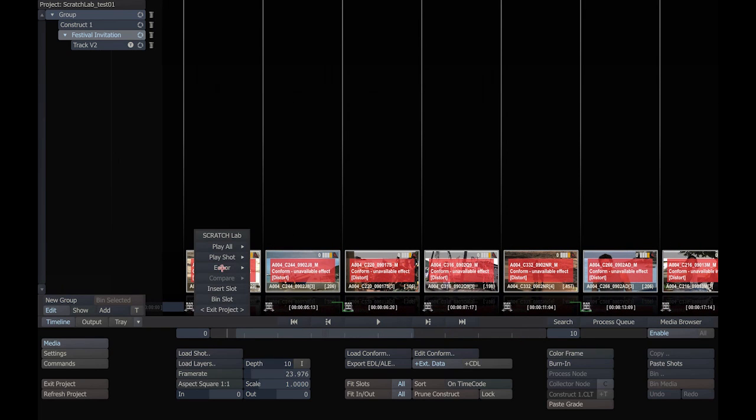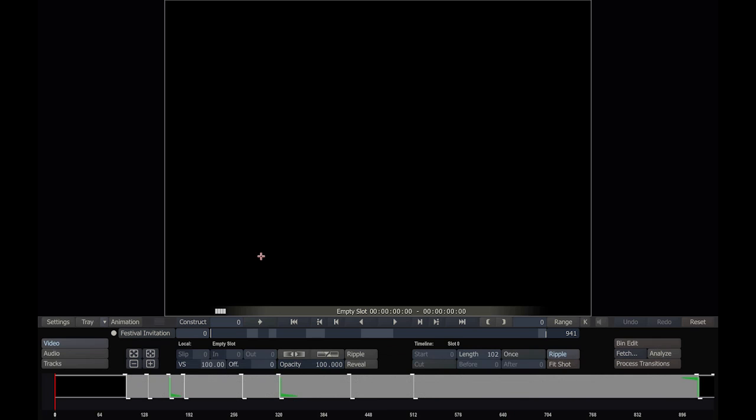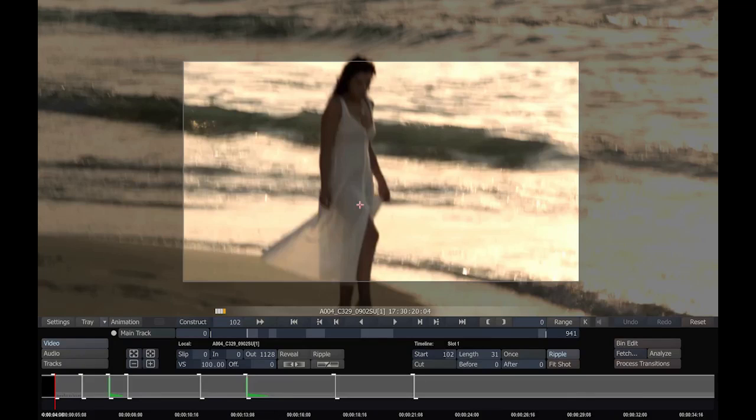And to go into the editor, we can right click and click on Editor, or we can press play and move to the Edit module. Now the editor is one of the very, very powerful modules in Scratch. You can see here it's divided into video, audio, and tracks. Video, we can adjust slip in and out points of our source footage, the speed of our source footage. For instance,